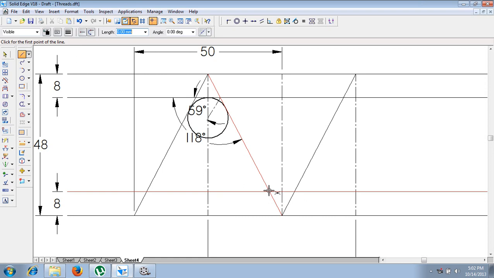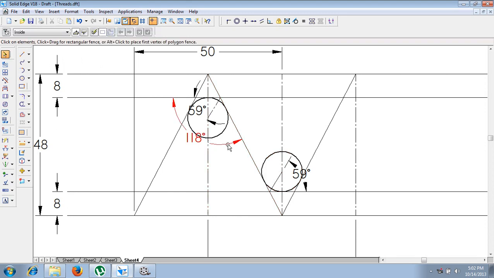That is, using a line command, just draw a line. The bisection angle is supposed to be 58.75. Now let us give this angle as 58.75. After giving these lines, once again using the circle by center point command with 0.5 mm as a thickness, let me draw one more circle which is tangential to this. Now after doing these things, we can delete these